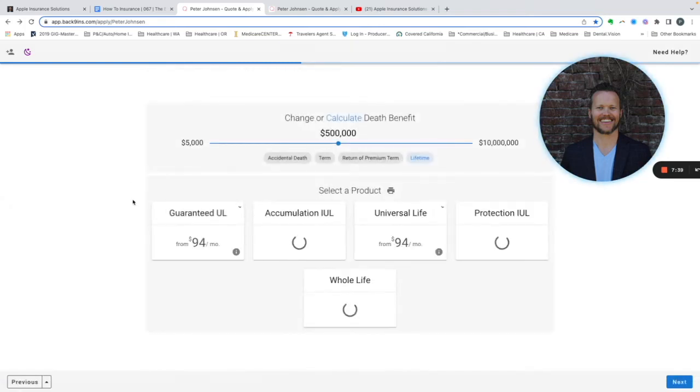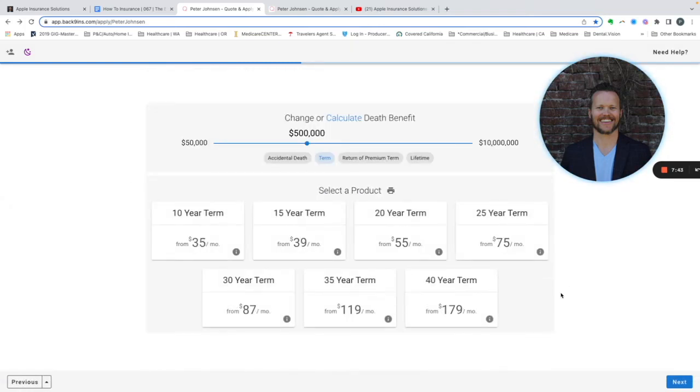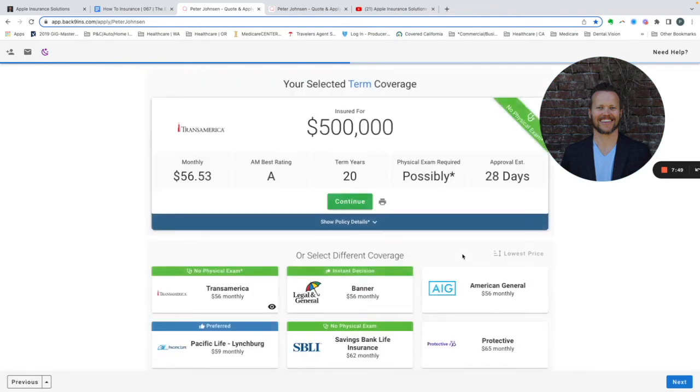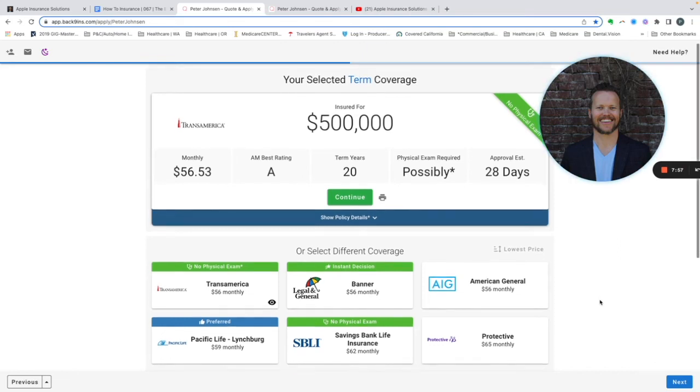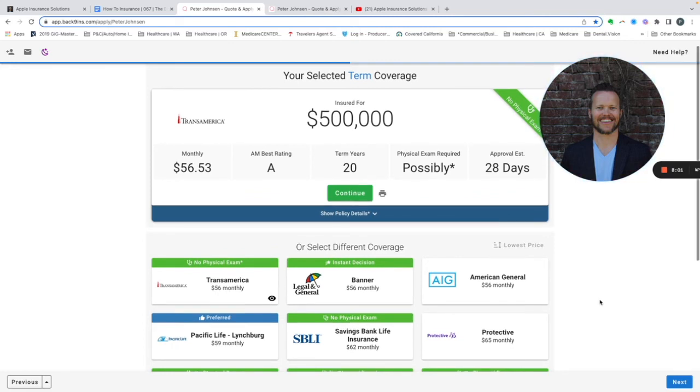Now, I will go back to term life because probably a lot of you are looking at term life as well. And let's say, hey, I want term life and I'd like to do it for 20 years. Let's get it at least through until, in my situation, until I'm 61. The kids are going to be out of the house. I'll maybe have more income at that point anyway. And so I want to go with this. Now, you have these options to do